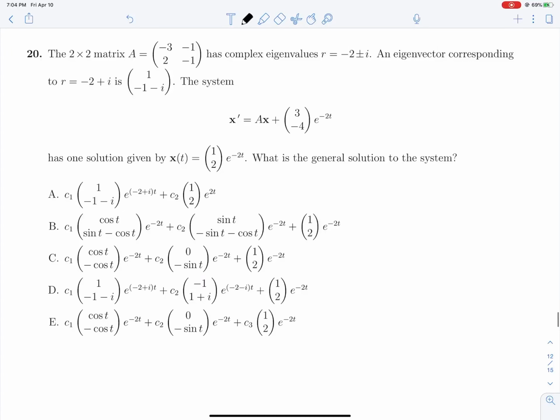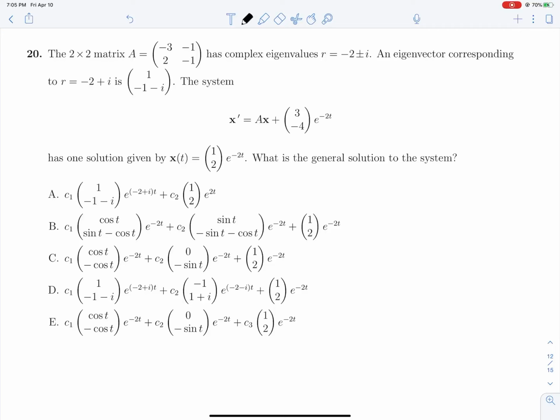For 20, we have a 2 by 2 matrix with complex eigenvalues, -2 plus or minus i, and an eigenvector corresponding to one of our eigenvalues, the plus side of the conjugate. And we're told very nicely, in fact, that this non-homogeneous system up here has a solution given there. And we are trying to find the general solution to this whole system. All we need in order to solve for the components that will be attached to C1 and